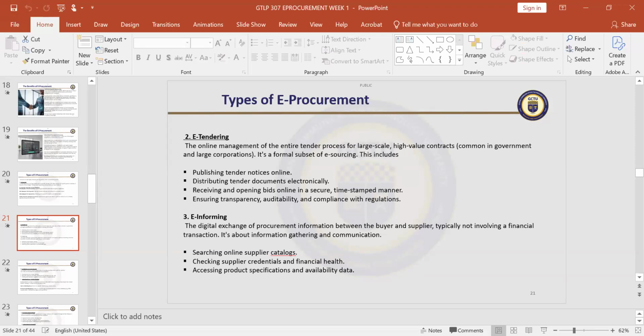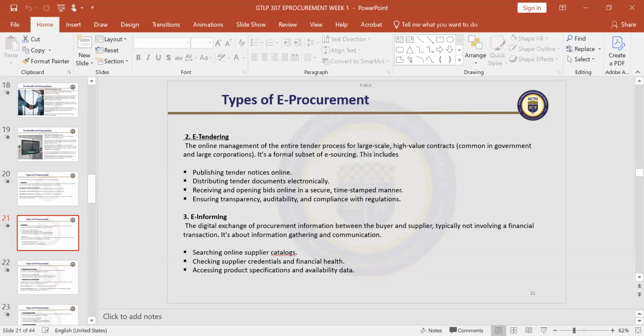So any amount, if the tender form is 1,000, 500, whatever, you pay through the link. The other is through Momo. I mean, any form of payment using a bank card or whatever. So when you pay, it gives you a form that you fill to bid. So publishing tender notice online, you have them electronically, and distributing tender documents electronically. As soon as you click on the link and you make payment, you have access to download.